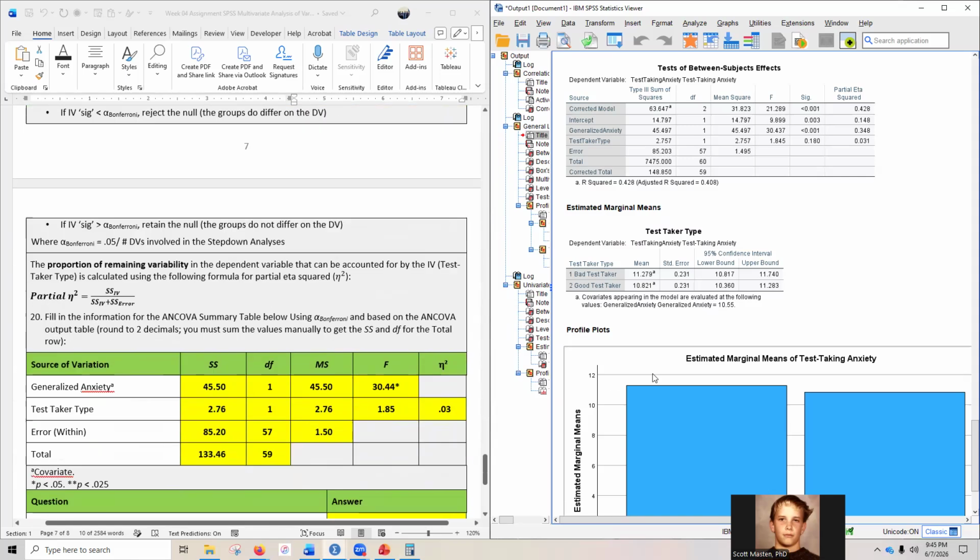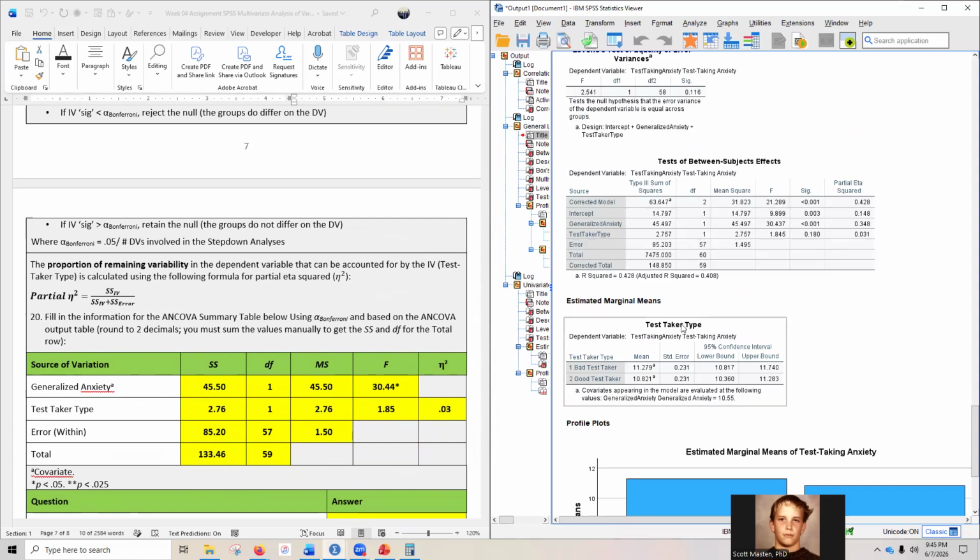All right, so we've got to fill in our ANCOVA summary table down here. Generalized anxiety was our covariate, test taker type was our IV. We need our error, and we've got to get our totals. This is one of those cases where you can see what I filled in doesn't match total or corrected total. So you really do need to hand calculate this stuff, add up your sum of squares total and your degrees of freedom total. So generalized anxiety, sum of squares is 45.50, 1 degree of freedom, mean square is 45.50,